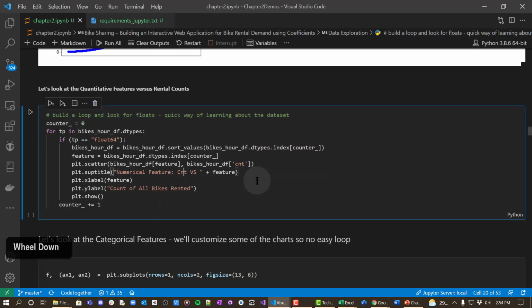The next thing we're going to look at are scatter plots. What we're going to do is iterate through the various columns of our table, and if it's a floating point number value, so we're going to go for type in bike hour types, and if the type is 64-bit, then we're going to plot this on a series of scatter charts. What a scatter chart is, let's just run it and we'll see what it looks like,